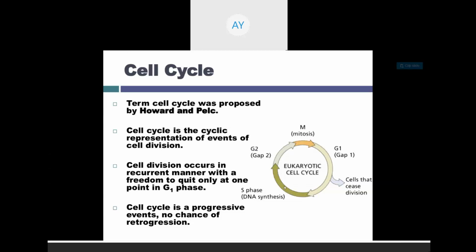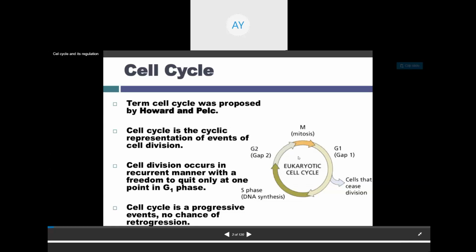The answer is that the cell is most actively dividing, means they most actively prepare the DNA, RNA, and protein to make a sufficient amount before entering into the M phase, that is the division phase, either mitosis or meiosis. So before entering into the mitotic or meiotic phase, the cell is going to prepare